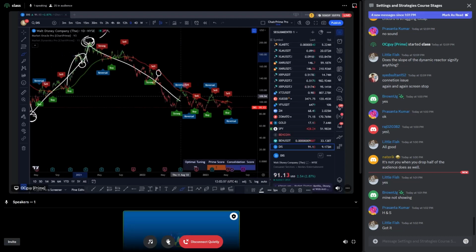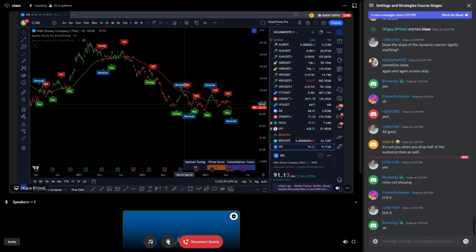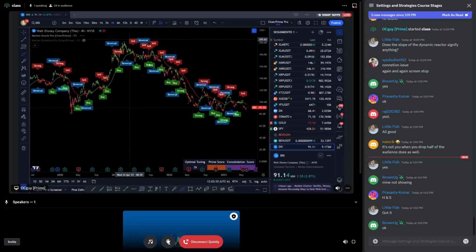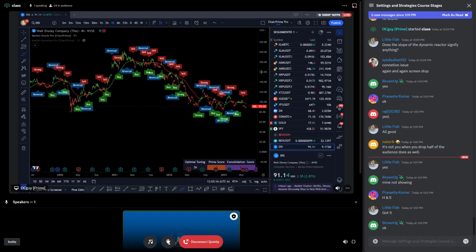Got it. All right. So let me remove everything here and let's speed this one up. I'm going to go to the 4 hour. I'm doing this because, guys, remember, in this case his main time frame seems to be daily, so he should be configuring his chart on daily. But since mine is 4 hour and I also want to do 4 hour trading here with you guys, because it seems very nice, I will be configuring my trend mode on 4 hours. So I want to go on 4 hour, right?